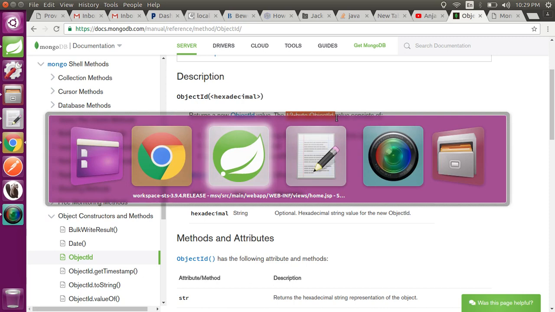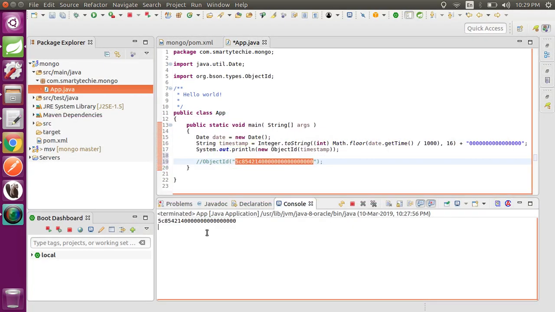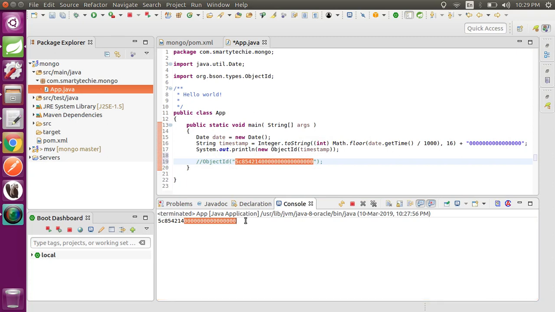So in our object ID, you can check, this is a number of zeros. It will be any random value, but this is our timestamp which gives you the current time when this object ID got generated. Okay,